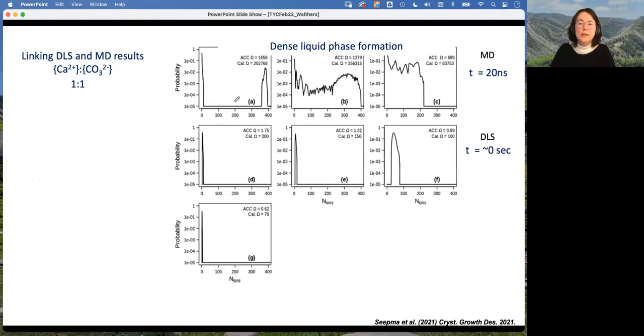And now if we look at the DLS, we are now at much lower degree of supersaturation, but we're still in the realm of amorphous calcium carbonate, which might be considered a dense liquid separation, but I think that's still not entirely resolved yet. And what we see here is that with decreasing degree of supersaturation, the distribution widens. So we see particles that are very small here and much larger here,